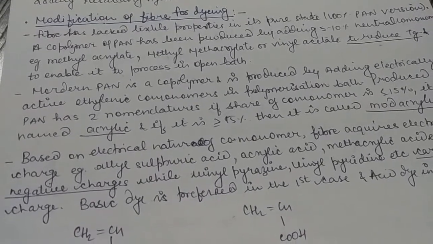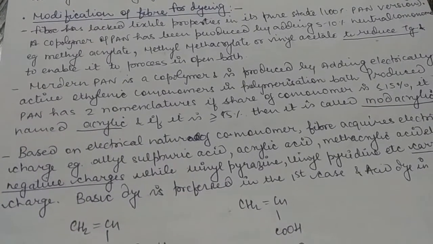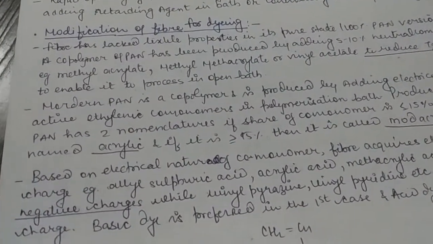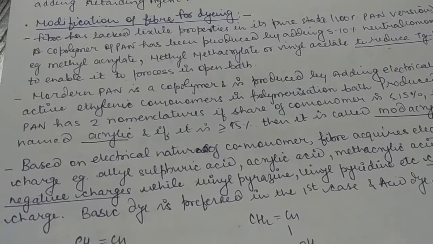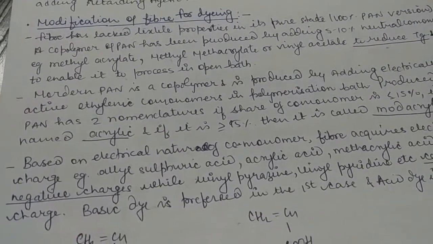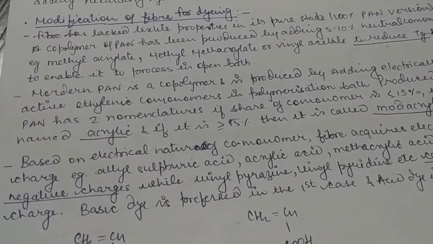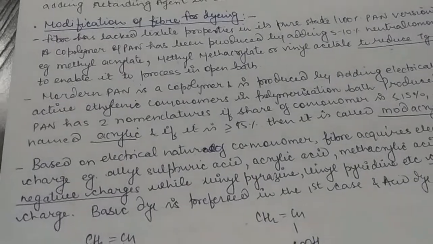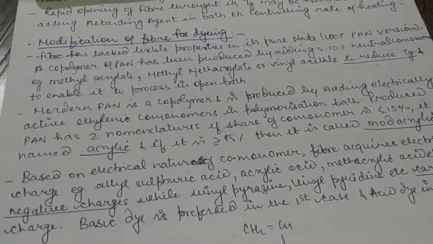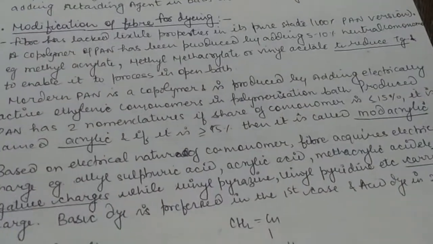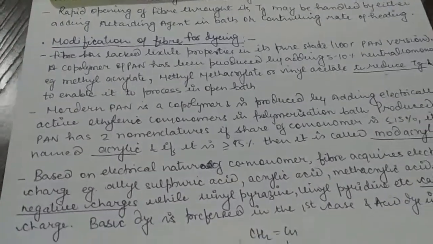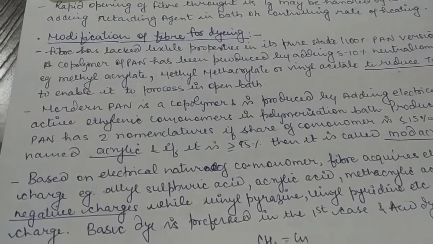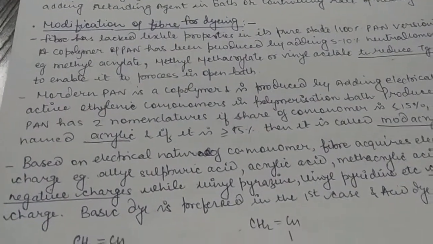This video is a continuation of the dyeing of acrylic fiber with basic dyes. Before this, in one video we had already discussed the basic concepts involved in acrylic fiber dyeing with basic dyes. The problems associated with it are the high glass transition temperature and the compact structure of the acrylic fiber. So to make the fiber dyeable, we add a comonomer.